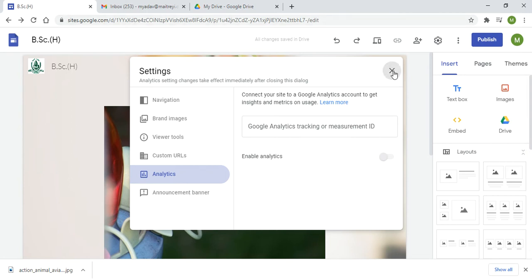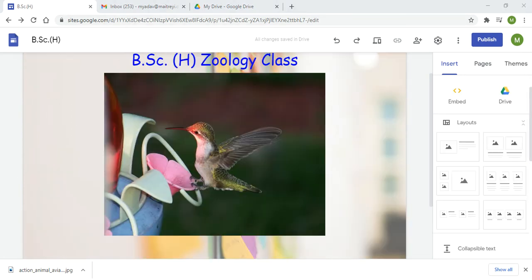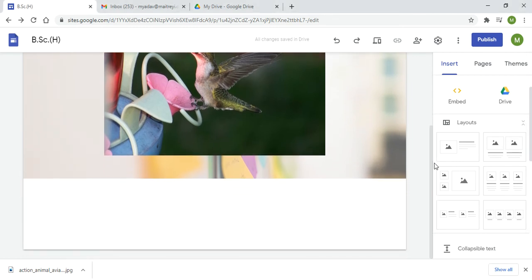Okay, other things, they are not for you. Let us try to understand other formatting controls here. There are three controls. You can see insert, pages and the themes. First, let us talk about the insert, because it gives you a lot of flexibility in modifying your